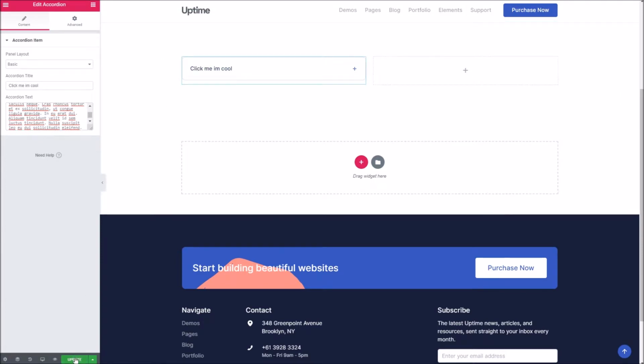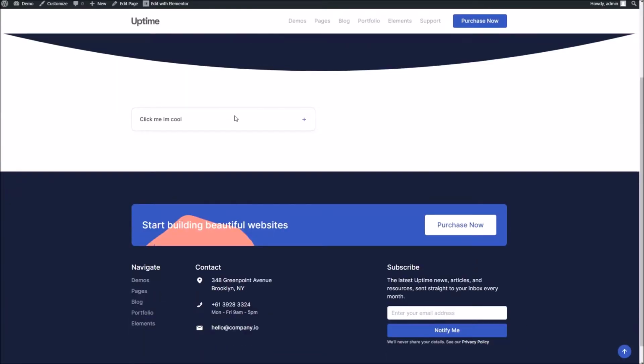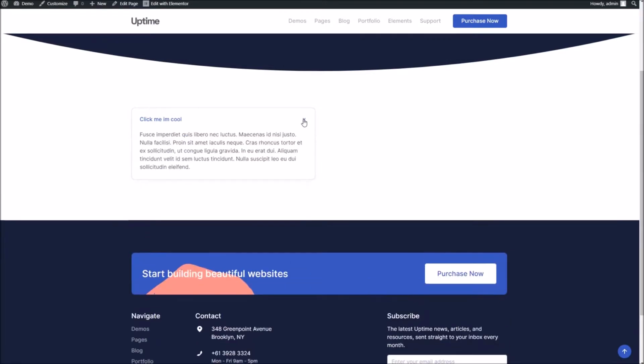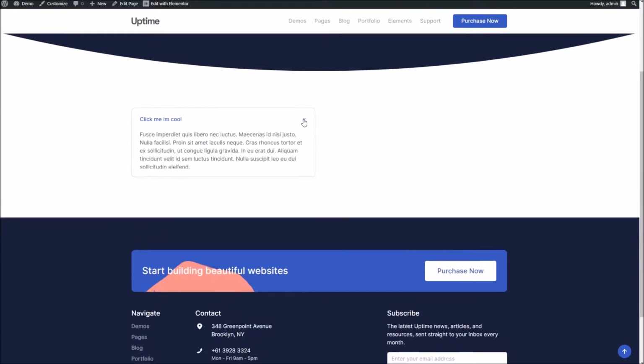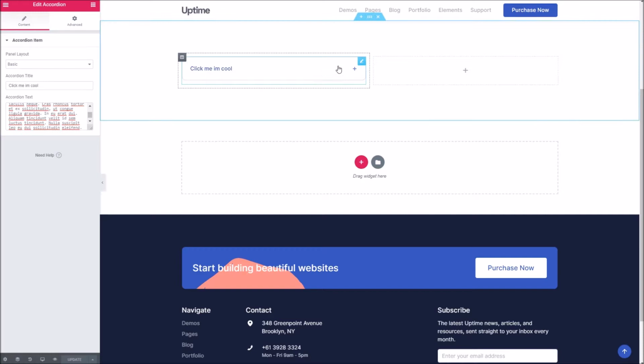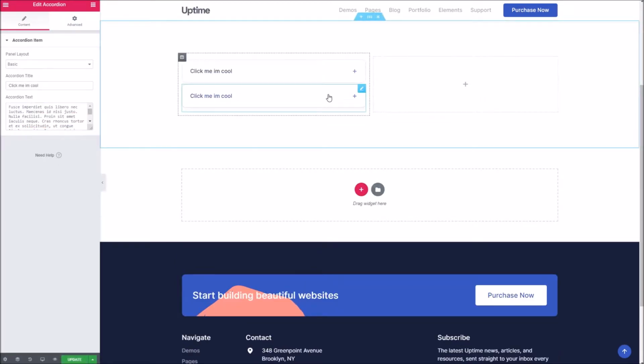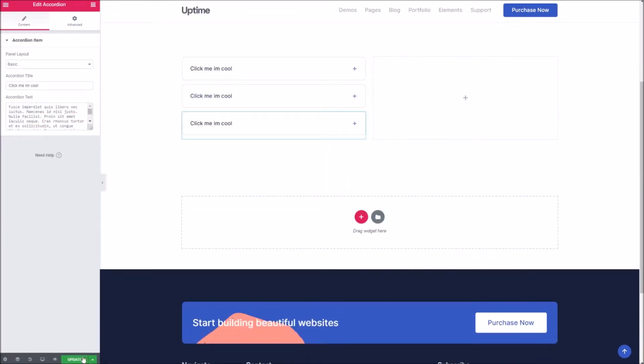Now if we take a look at the page itself, you can see an individual accordion works really well. You can create several of them, all with their own individual bits of content,